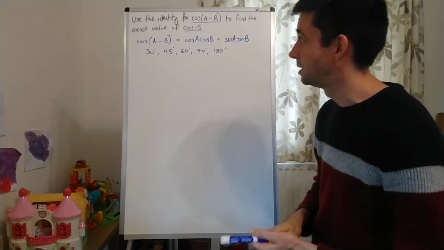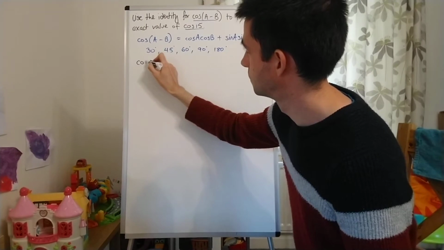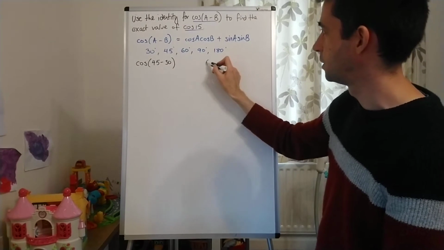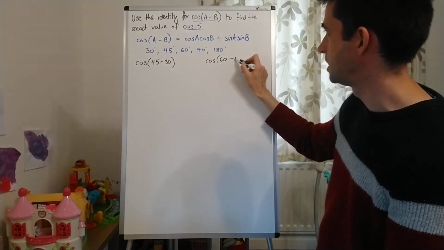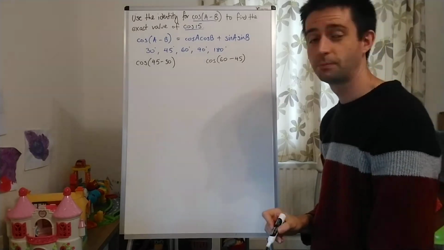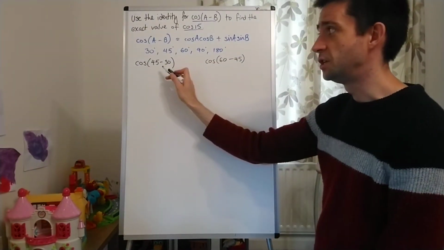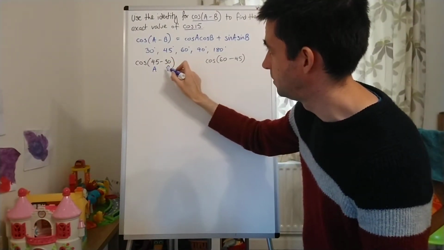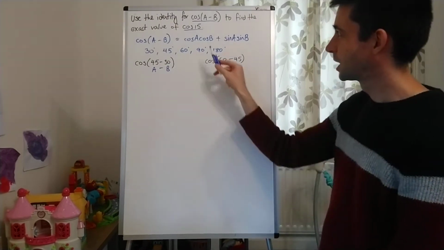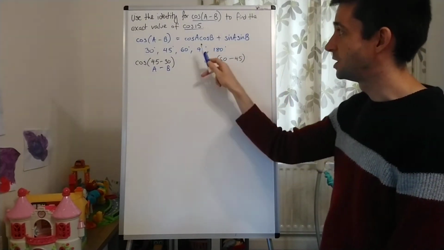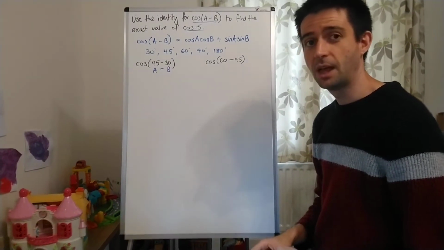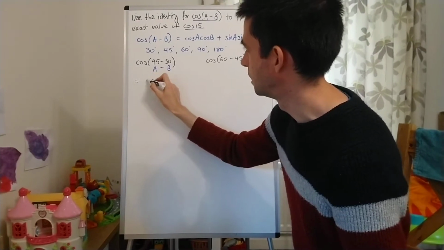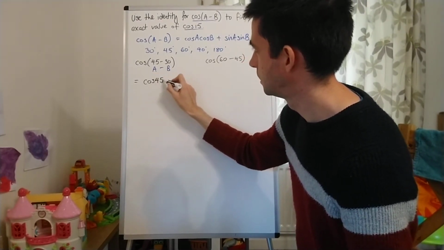We could go with cos of 45 minus 30, or we could go with cos of 60 minus 45. Either one would be fine. I'm actually just going to go with this one. Now what I've done here is I've chosen A to be 45 and B to be 30. So in this identity here, wherever I see A, I'm going to write 45, and wherever I see B, I'm going to write 30. So what that's going to look like is cos 45 cos 30